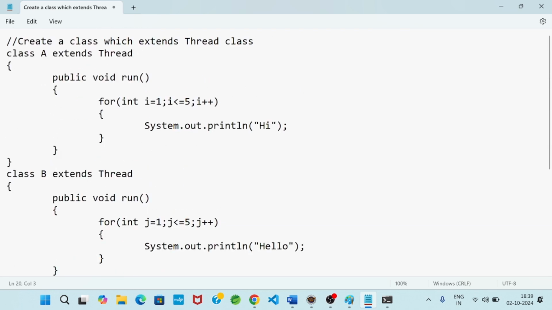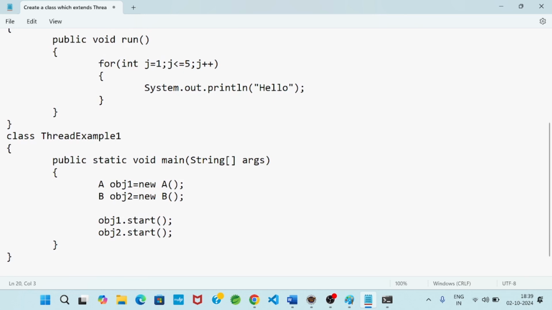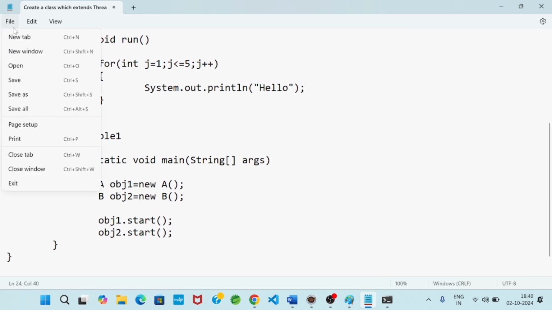We will see. First of all, I will save this program. Now we have three classes: A class, B class, and thread example one class. The program name is class name dot java. Which class name should I give? This class name, because the main method is present in this class. The class in which you have specified the main method, that class name dot java is the program name.